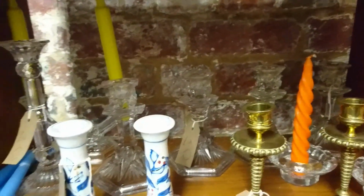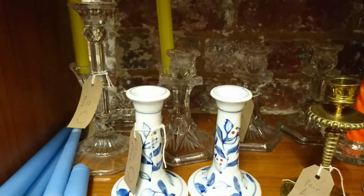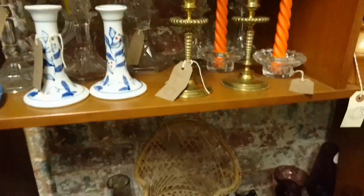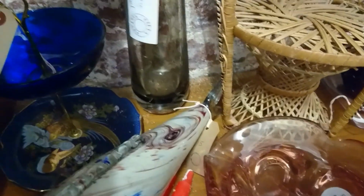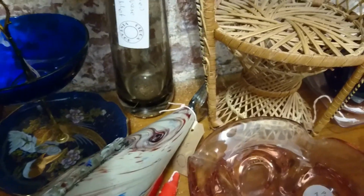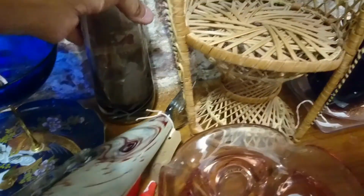Some pressed glass candlesticks in here, but yeah, I don't recognise any of them. That looks like a bit of case. I think that was here last time. Romeo and Juliet. And was it marked? Was it marked? And I'm surprised it's still here,